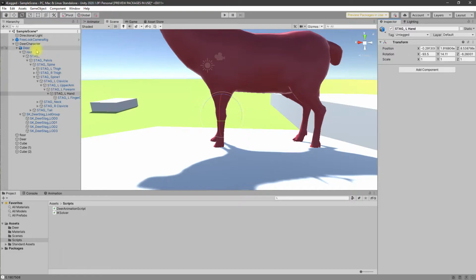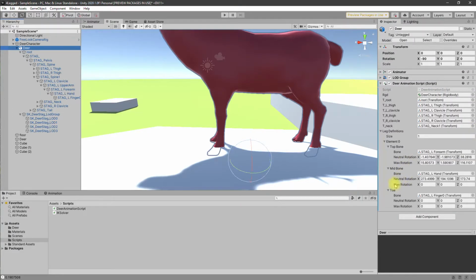Copy and paste. For the toe, at the moment I am not trying to bend it or do any modifications, so we don't need neutral or max rotations for that. Right, now